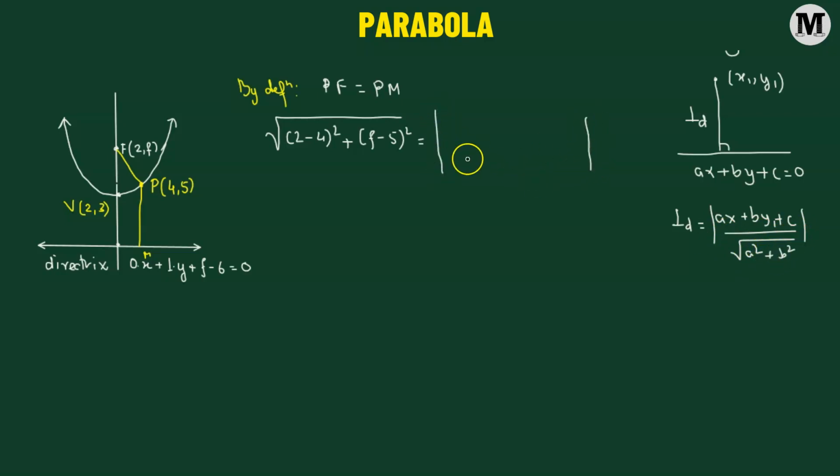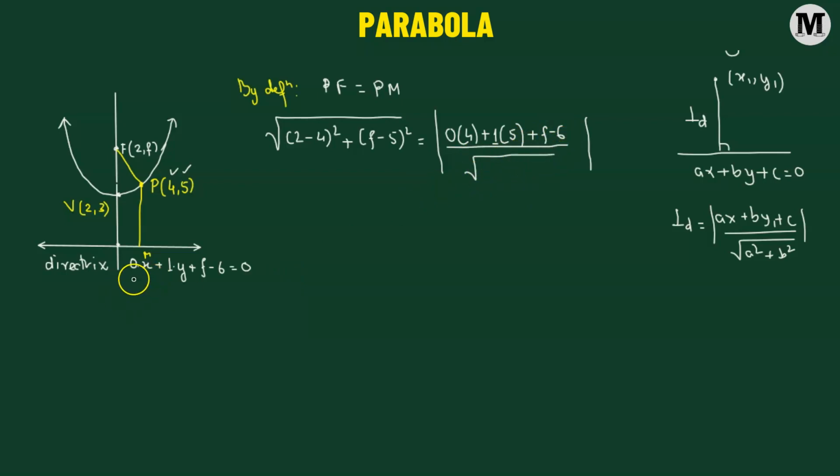We'll take the absolute value. So here we'll have to take the ratio. We'll start with the coefficient of x, that's 0. 0 gets multiplied to the x coordinate of point P. So that's going to be 4. So we have 0 times 4 added to, we need 1. 1 will be the coefficient of y, that's multiplied to the y coordinate of point P. So that's 5. And then we have the constant term, that's f minus 6